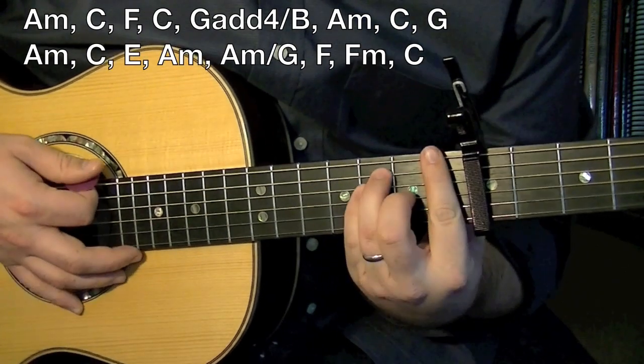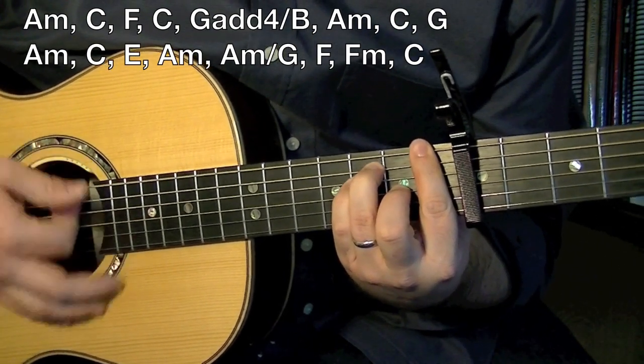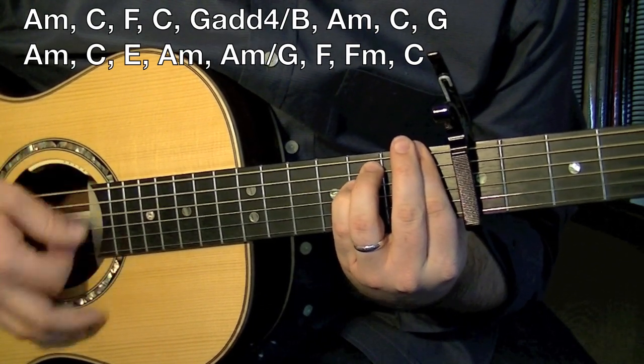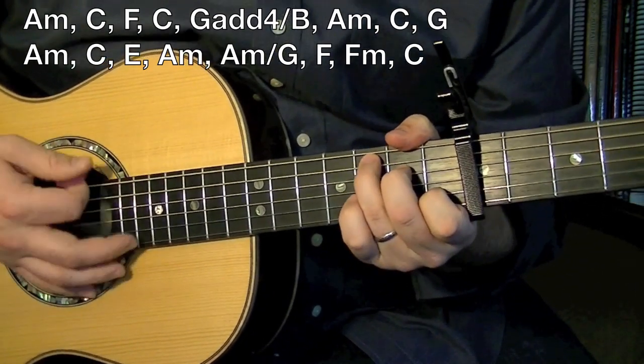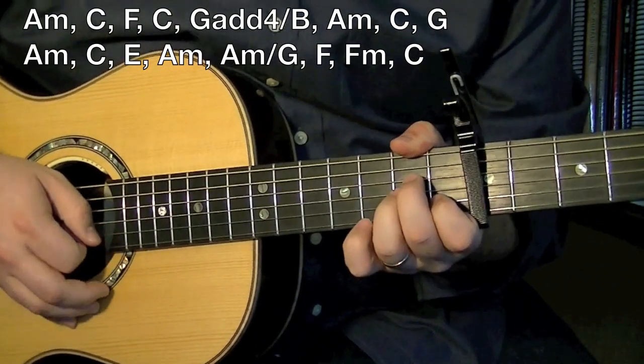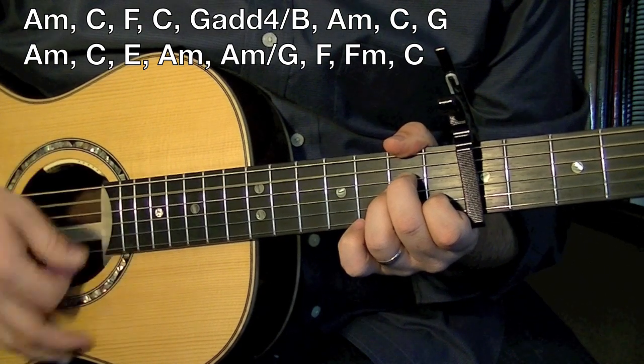And then you're going to go down to F, full measure. And then a full measure of F minor, and then 2 measures of C. So that little section was, I'll play that, A minor,